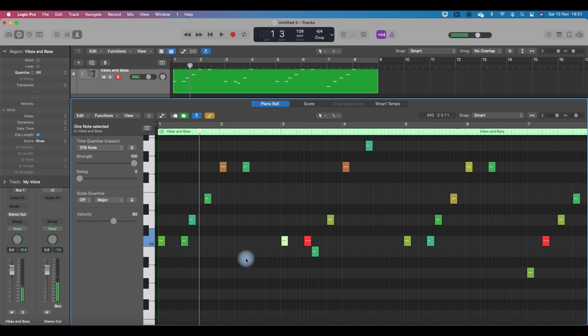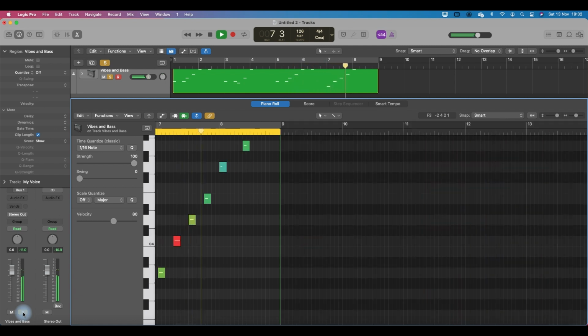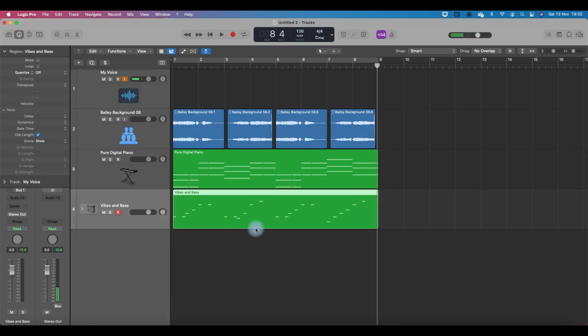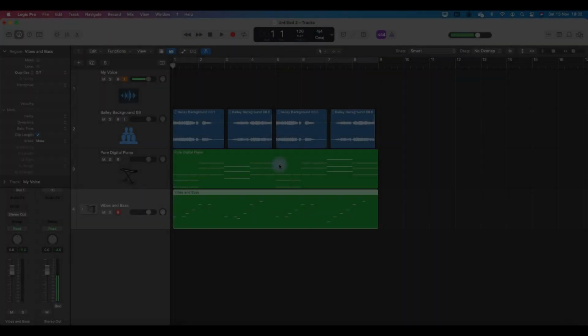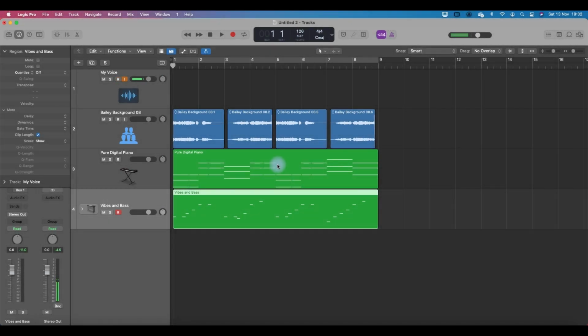Okay, so let's listen from the beginning. We'll just listen to this solo so we can hear the velocity difference. So it sort of makes it sound more realistic to how someone would be playing it in real life. So they'd be putting different pressure on the piano keys. Okay, so we've got a good bass to start with. So what we're going to do now is we're going to start arranging